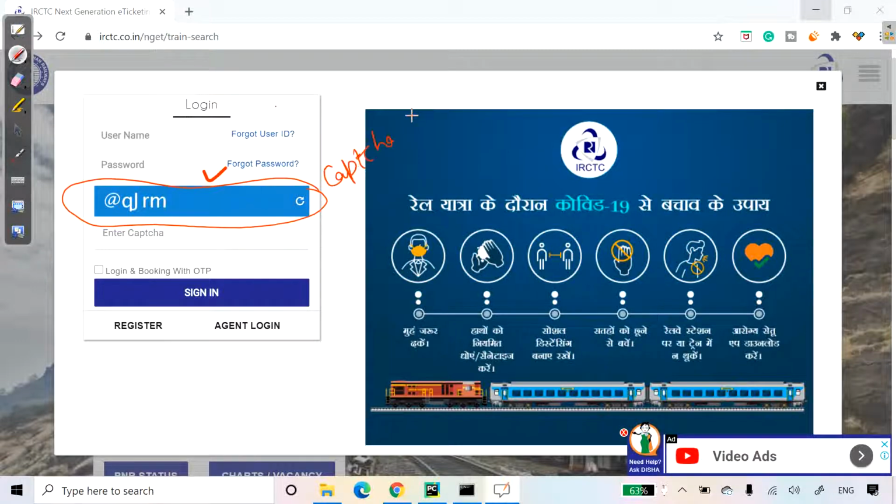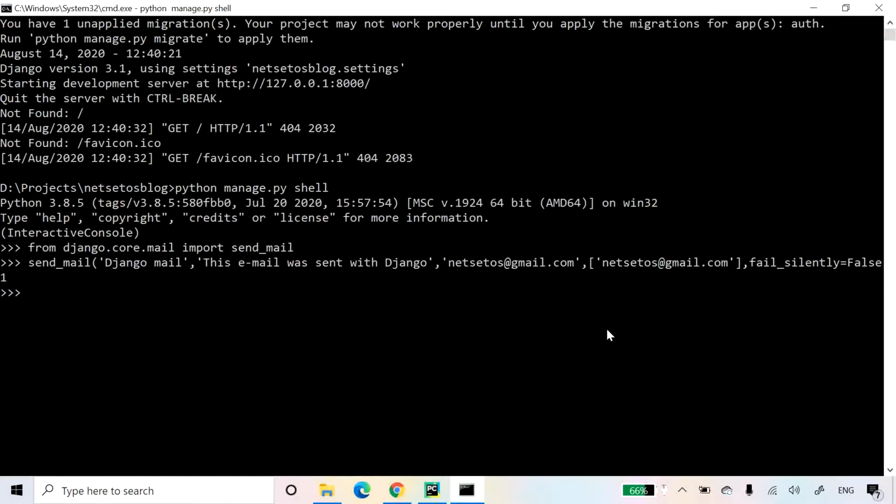Why? So as to differentiate between a robot and a human being. Because with the help of a program, we could book as many tickets as we can, but they want to confirm that a robot is not booking the tickets. That's why they make use of CAPTCHA. But here we will be sending mails with the help of a program, so we have to disable CAPTCHA.